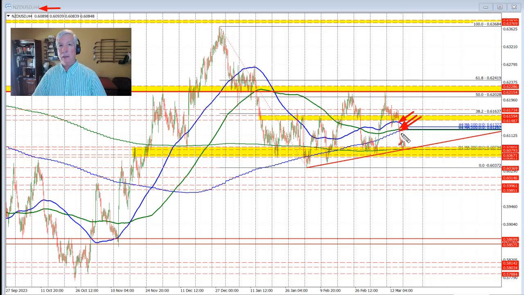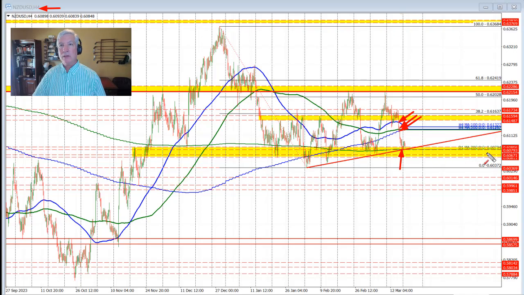And all that led to further momentum to the downside, which ultimately found support buyers against this trend line right through here, connecting recent lows. Also, the green line right here, this green line represents the 200-day moving average, and support buyers leaned against that level on Friday, pushed the price higher in the Asian session today, but the price is now moving back down